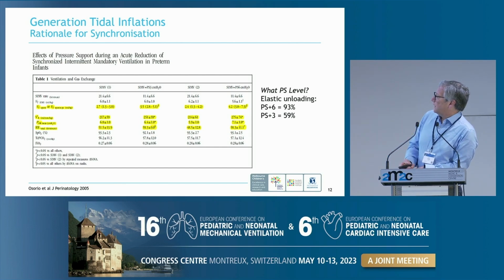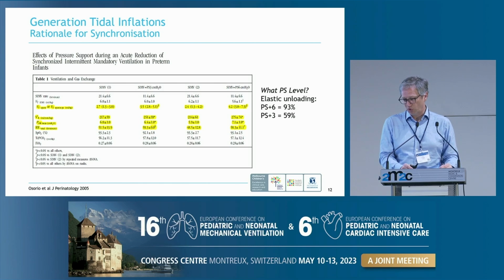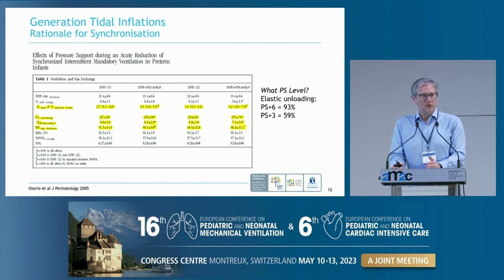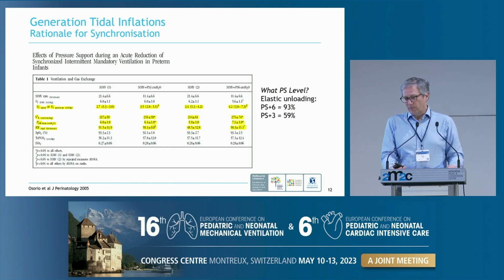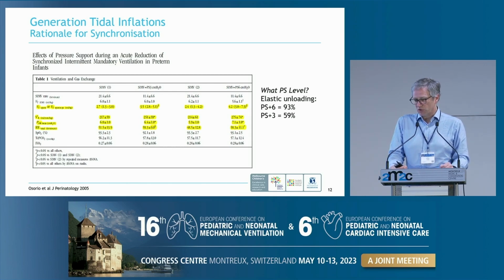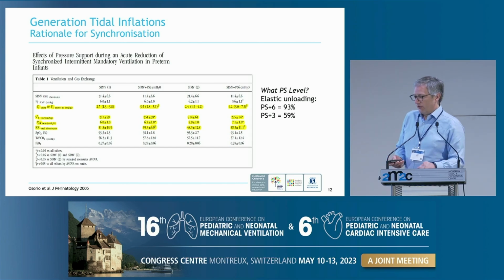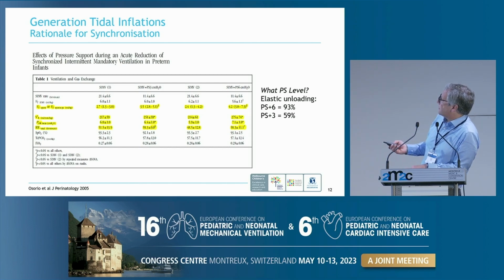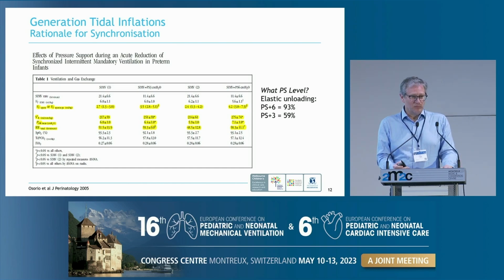We know quite clearly from this very old study now from the US that if we allow patients to have unsupported synchronised breaths, they actually will do worse. So SIMV in acute lung disease without supporting every inflation is going to result in less efficient ventilation, longer duration of ventilation, and worse lung mechanics than if you support every breath. And indeed, in this study, it wasn't a large study, but they quite nicely showed that if every inflation had at least some degree of pressure support, minimum of 3 centimetres of water in their study, there was improved elastic unloading, and you'd expect improved outcomes.